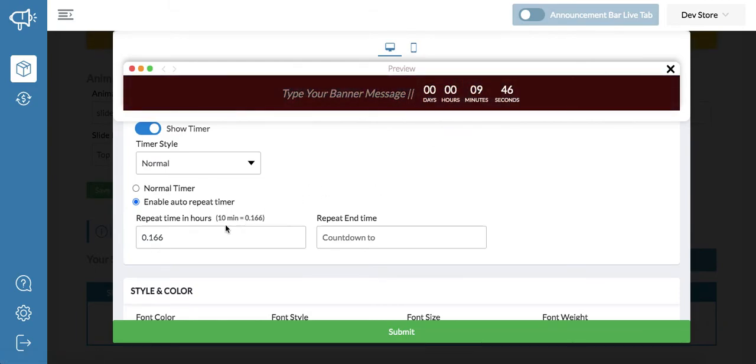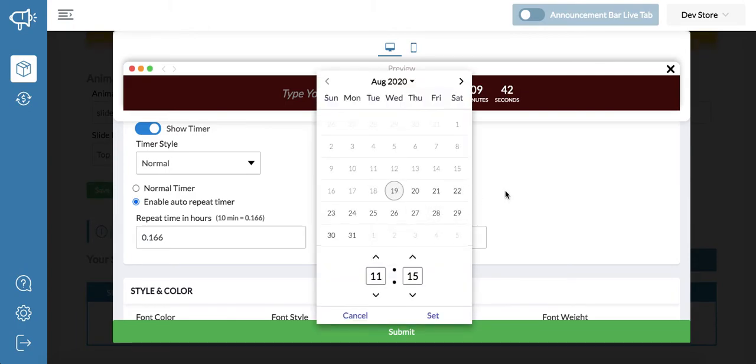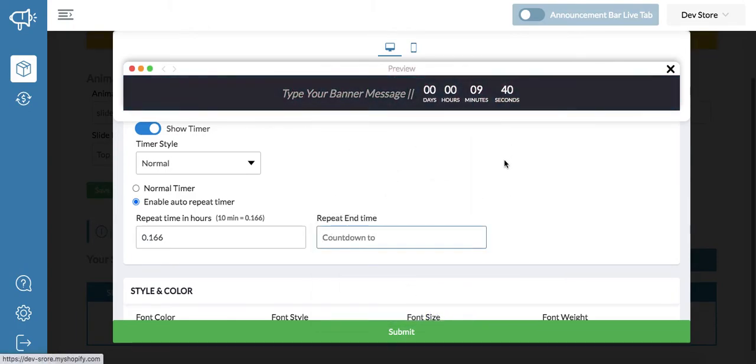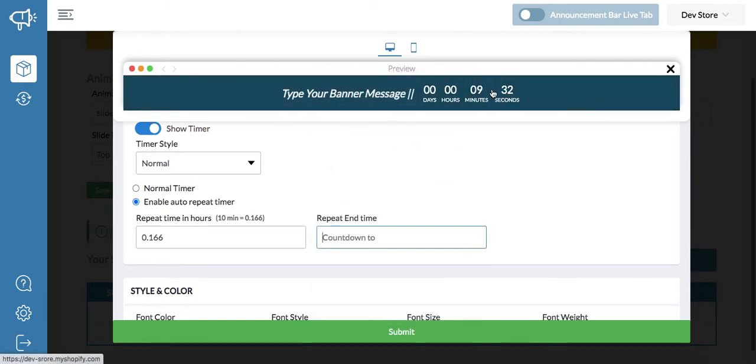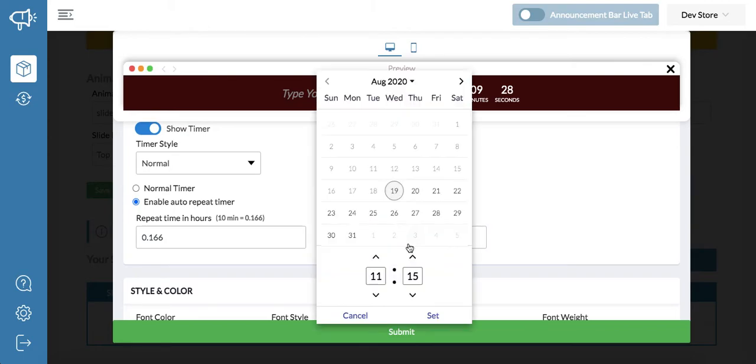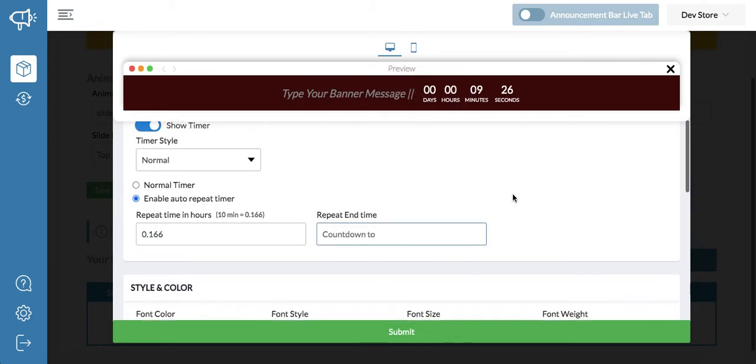Okay, but it's also between this, and let's say you set a repeat or end time, it means you don't want to show this after some time. Let's say for the next 2 days we want to only show this repeat time. So you can put this time here, and that is the way.